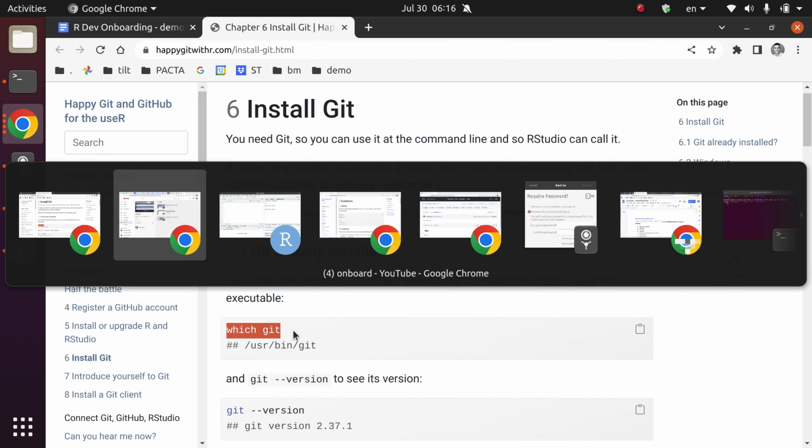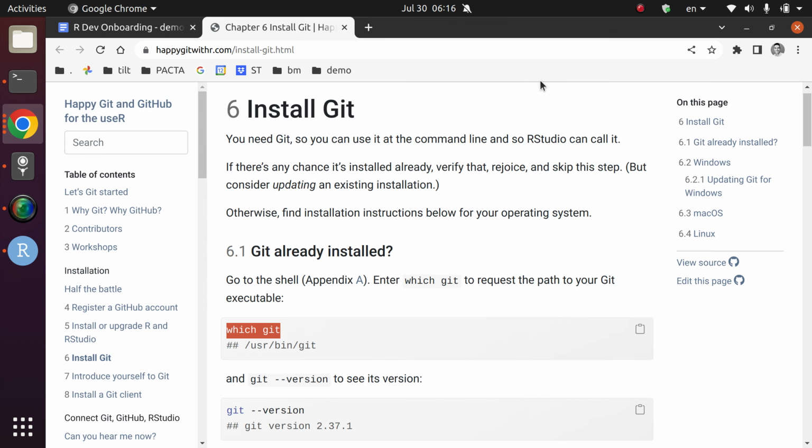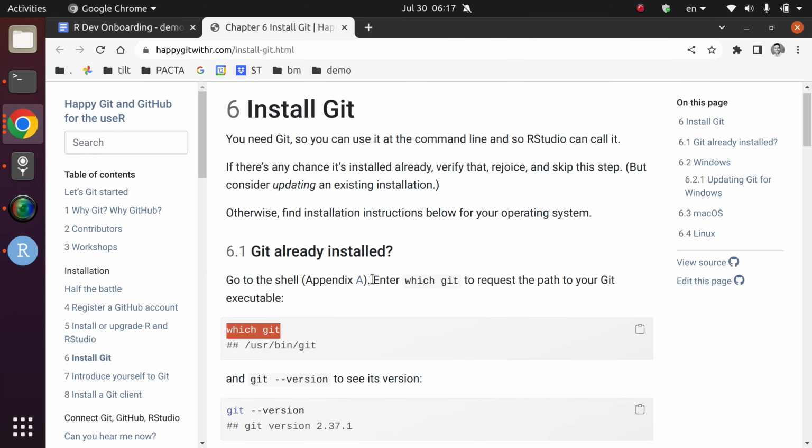Well, if you don't know what that is, maybe an easy way to access a terminal is from the terminal tab in RStudio, and there is where you type those commands, not in the R console, but in the terminal. So you type which git to see if you have Git somewhere, and if you do, you will see a path here that points to the place where Git is installed in your computer. You don't need to do anything in particular with that. Just notice if you get a path or nothing. If you get nothing, empty output, then that means that you don't have Git installed, and you have to follow